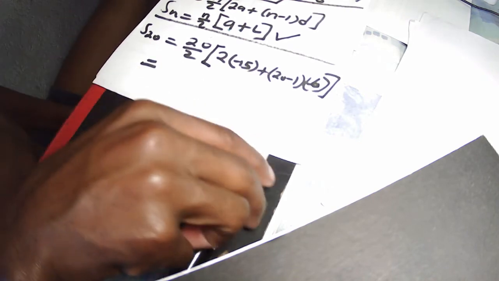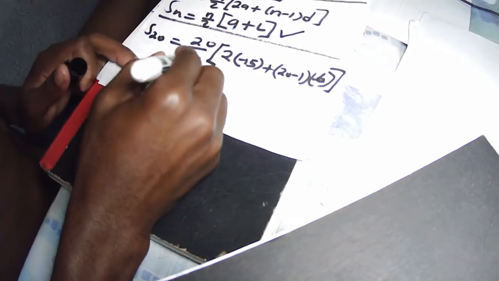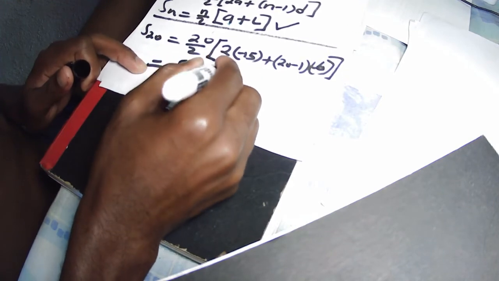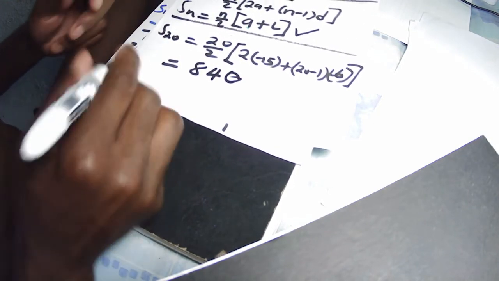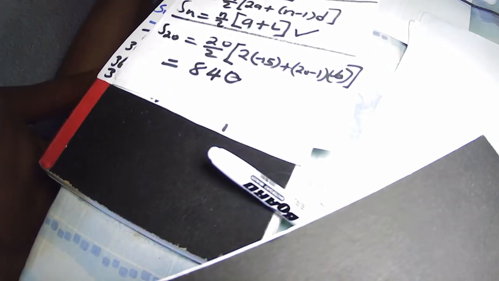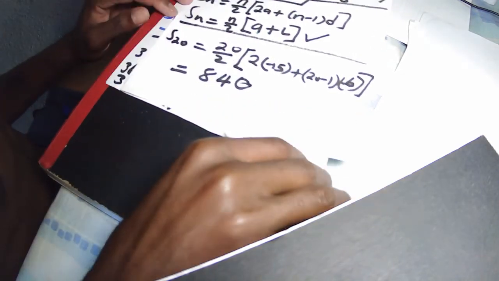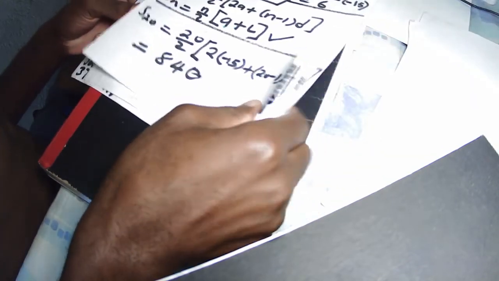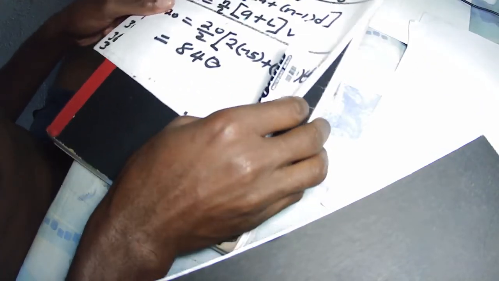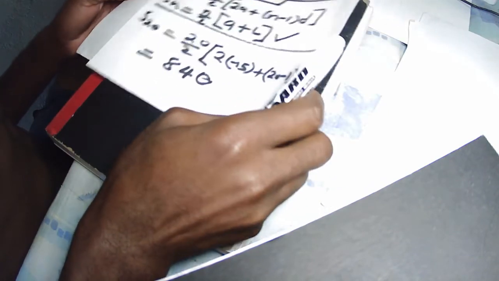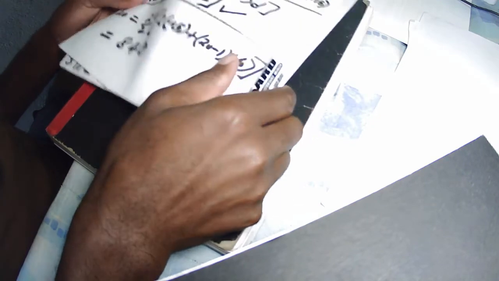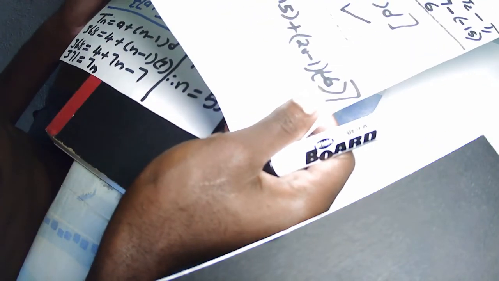That is 840. The sum is 840. 840, guys. That is the answer. Interesting. So those were the two examples that I wanted us to look at after we solved or proved